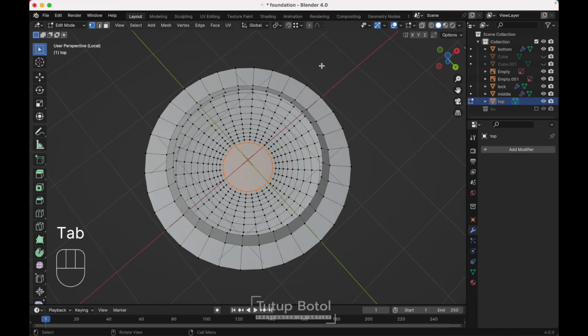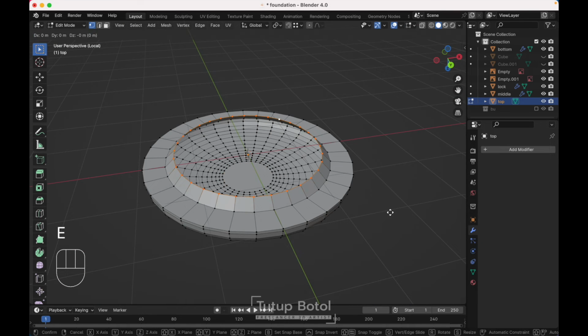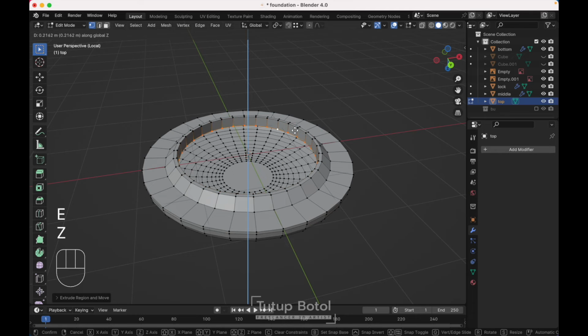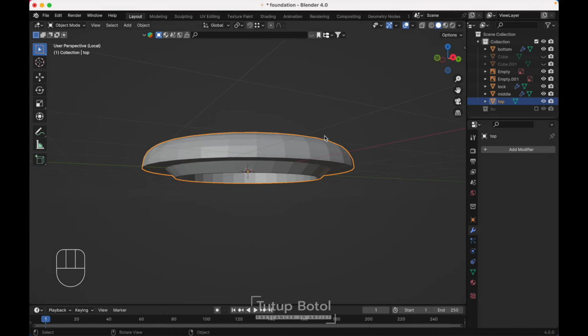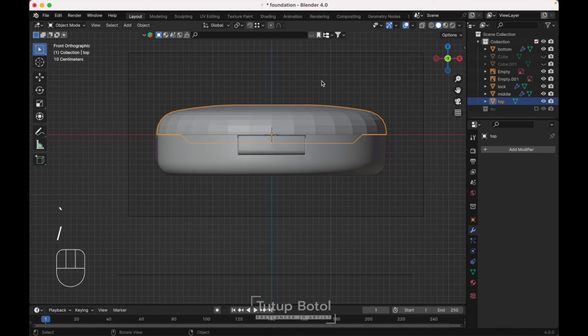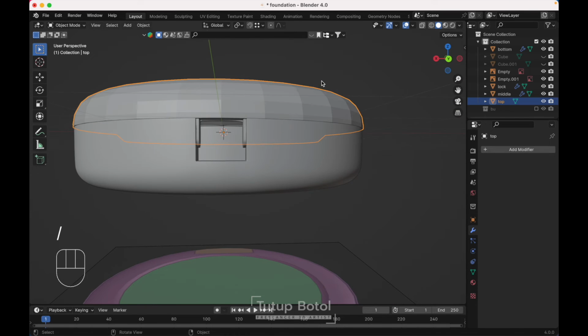Tap to the edit mode, click over here, press E to extrude, S to scale it, just like this little bit. Press E again, Z, extrude it on the Z axis like this. Press E to extrude, S to scale it, just like this, F to fill. Press slash again, we need to fill over here. Tap to the edit mode,